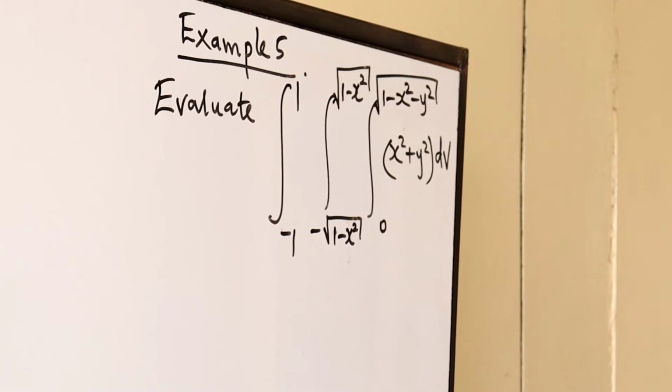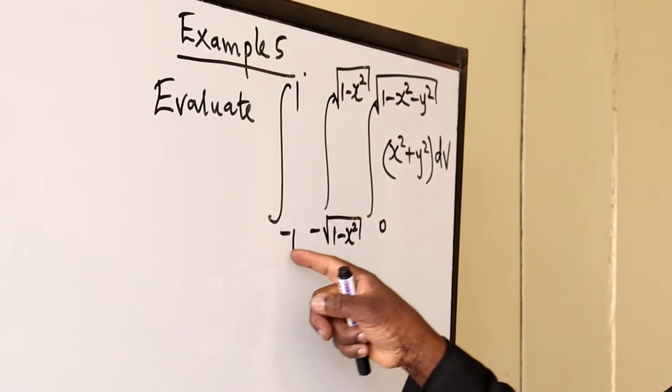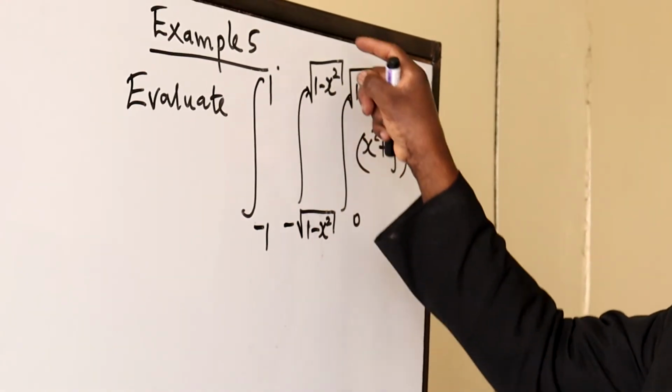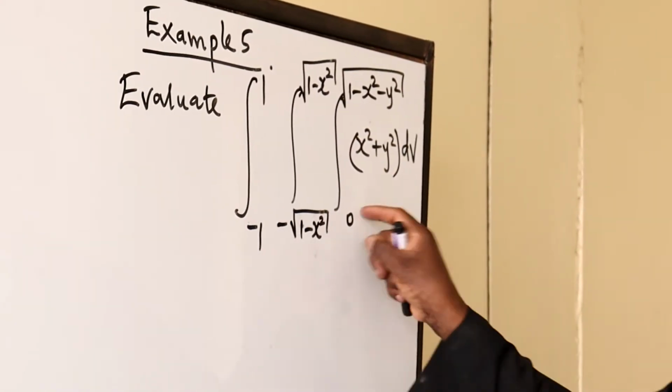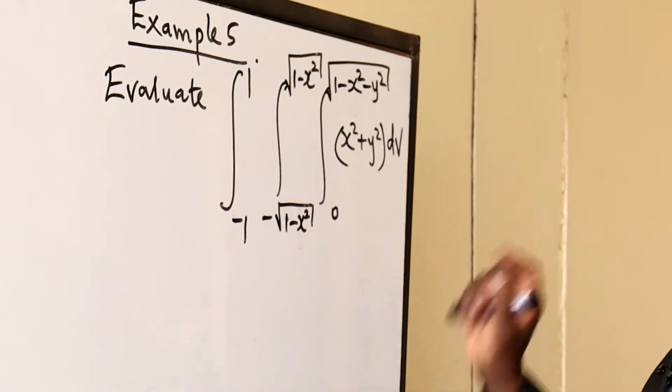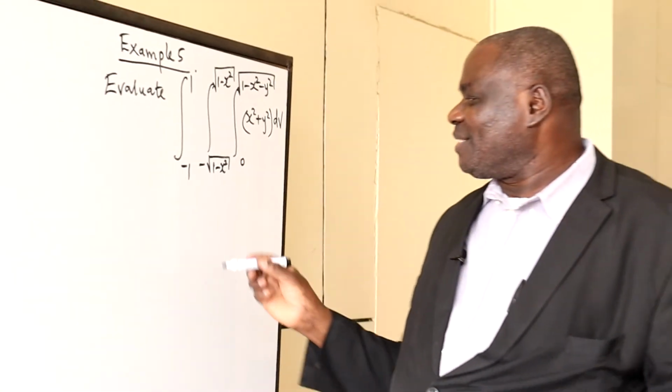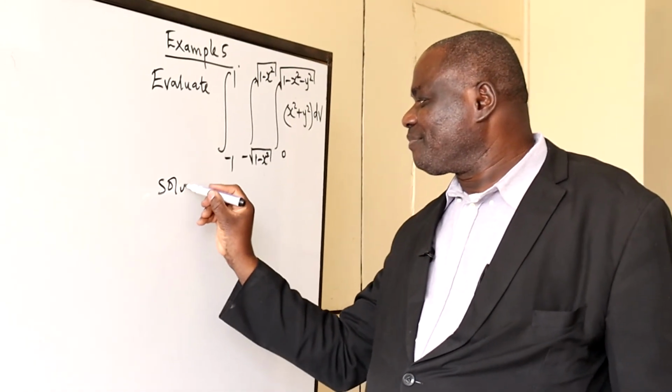So in our example 5, we say evaluate from -1 to 1, negative root of 1 minus x squared to root of 1 minus x squared, 0 to root of 1 minus x squared minus y squared, x squared plus y squared dV. So in our solution,